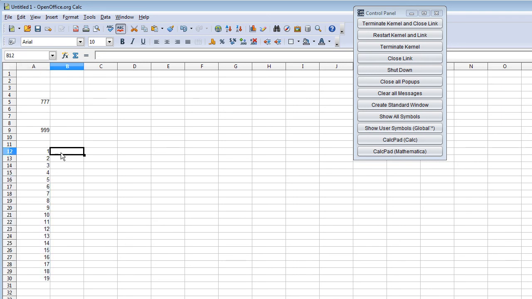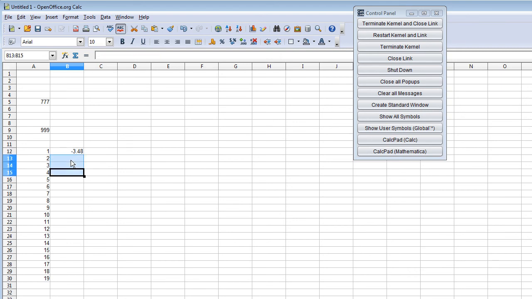I can now assign it. I can say my function, refer to the spreadsheet cell, and get the numeric value from the function I have